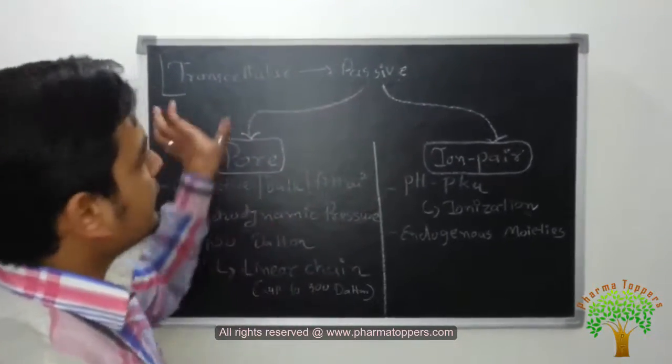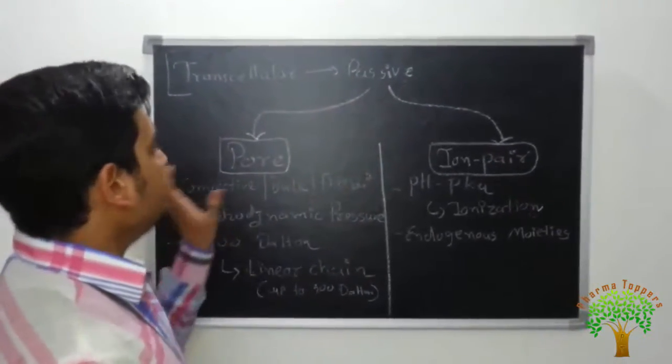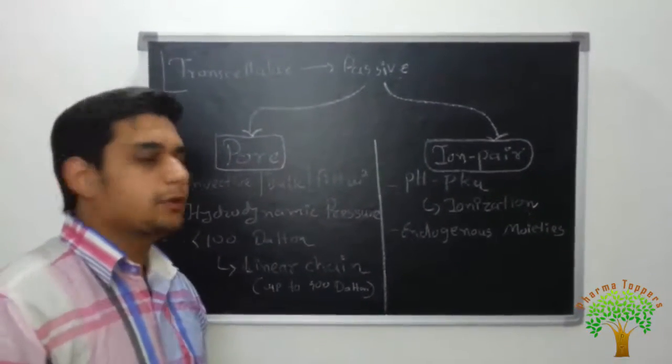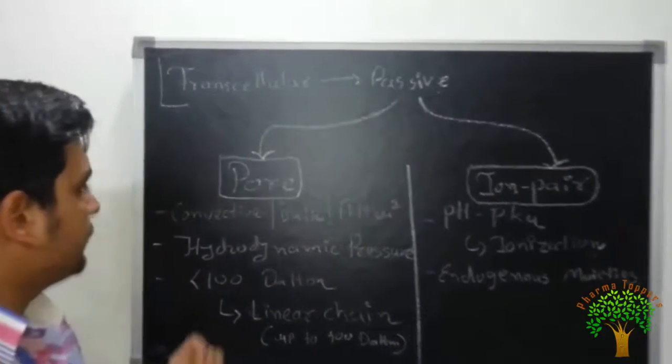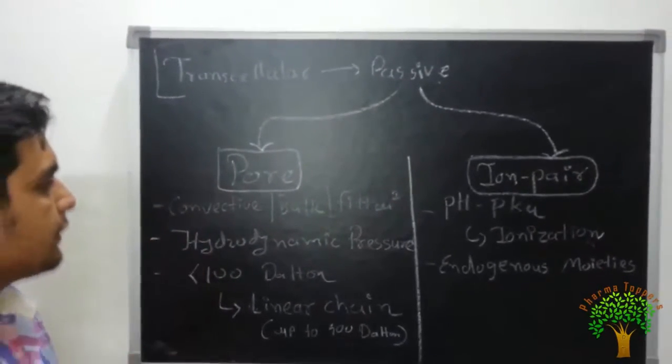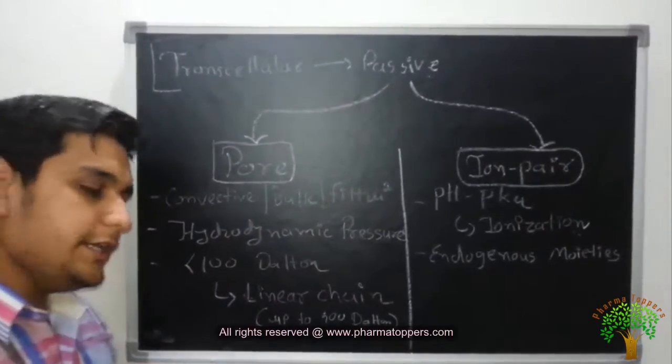Now, next topic, intestinal wall. Under the passive, it's the pore transport and ion pair transport. Just two other small topics are there. First, the pore transport. You can say it's a convective transport, bulk transport, or generally a simple